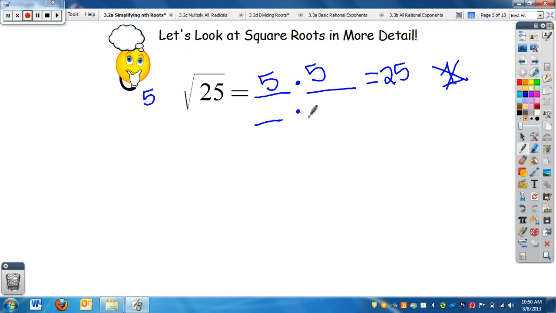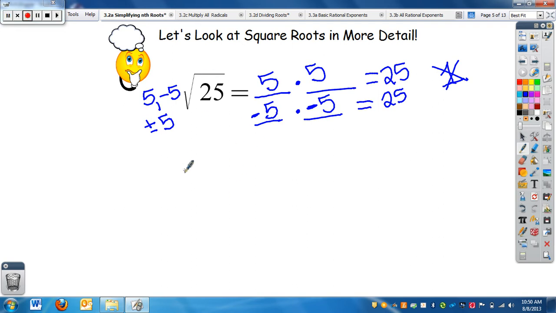However, there is one more pair of numbers that are the same that equal 25. And you might be sitting there thinking, well, 5 times 5 is the only one. However, 2 negatives make a positive. You've learned that a while ago. Well, negative 5 times negative 5 is also 25. So negative 5 is also an answer, or we write it as plus or minus 5, meaning the positive and negative answer is 5. So when you take a root of a positive number,